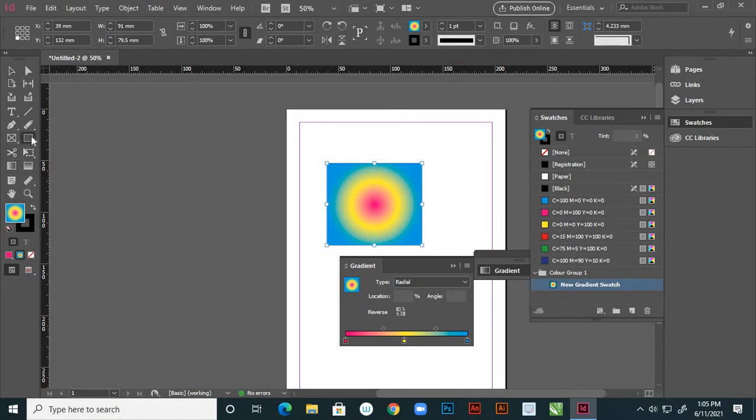Suppose here you draw anything, right? And suppose you can drag and drop the new swatch color is ready.